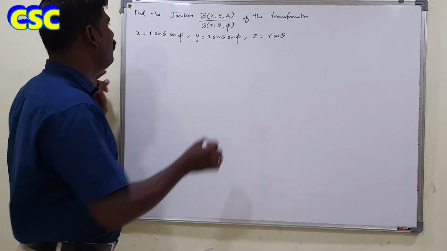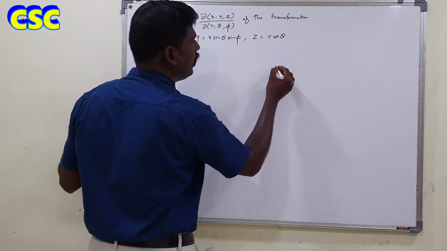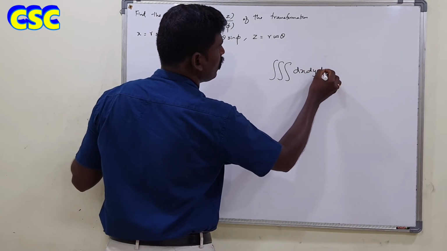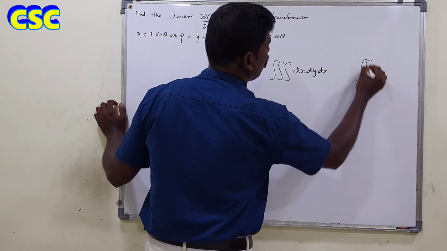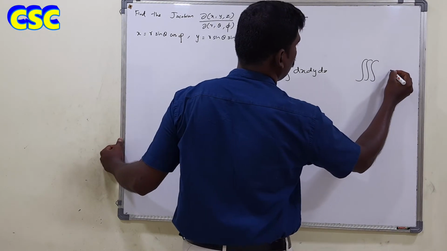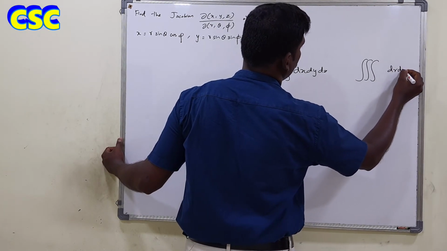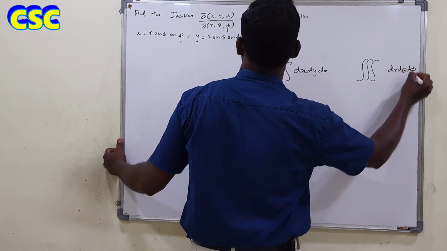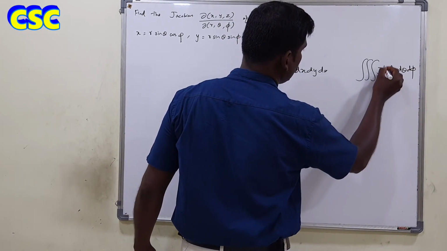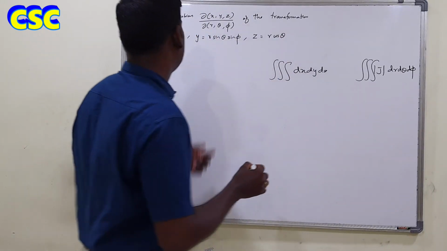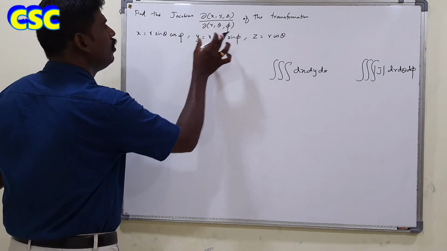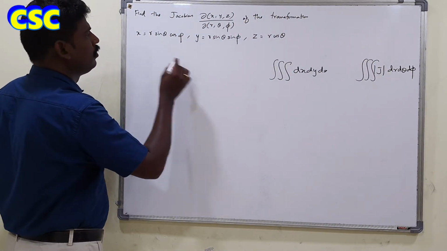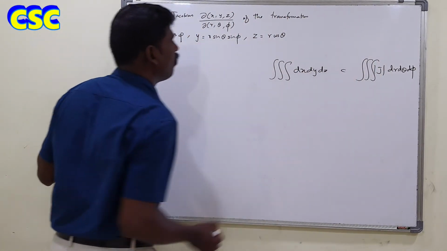Okay, right? We use this value of Jacobian in triple integrals when we are replacing Cartesian coordinates with polar coordinates, dr d theta d phi. Okay, we use this Jacobian value here. So just now we are going to find out the Jacobian value in this problem, right? That's all.